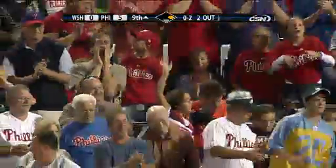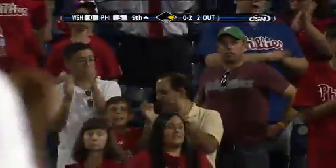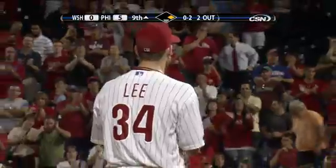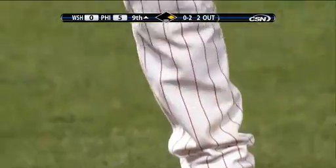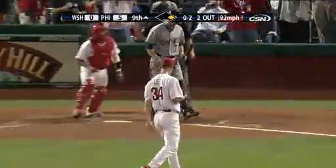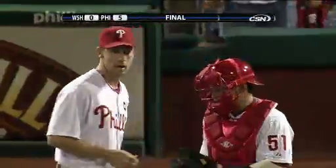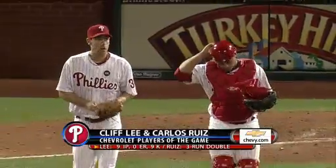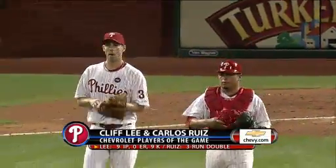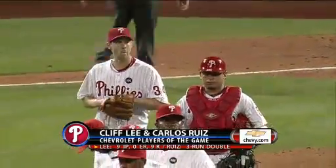Pepping it up. 93 again. 0-2 the count. This crowd coming to their feet with 2 away here at the top of the 9th inning. Got it. High fastball swung on and missed, and Cliff Lee has thrown his 3rd complete game in a Phillies uniform. Not only that, it's his first shutout in a Phillies uniform, and why not? Lee and Ruiz are Chevrolet players of the game. Lee, for his 9 strikeouts over 9 innings, has shut out